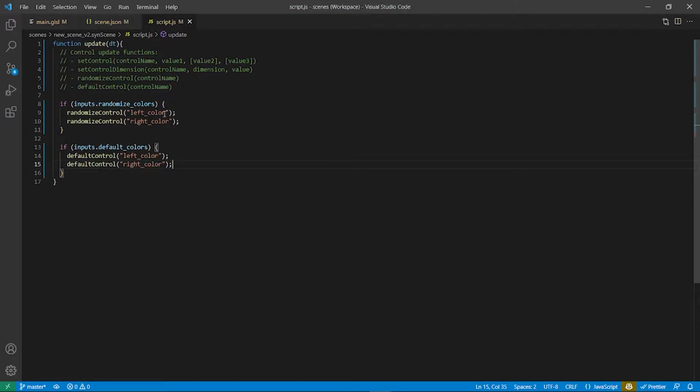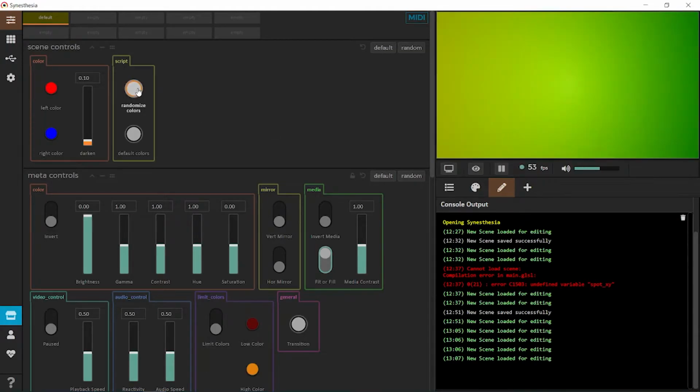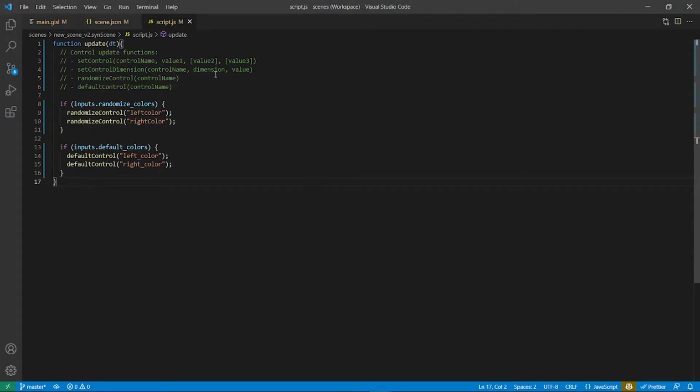One note here is that these strings that you put into the function that define the name of the control are fairly loose, so they're insensitive to case or spacing characters like the underscore, so I could do left color, right color. And that will still work here. So it's pretty flexible. Alright, so the next thing I'm going to show here is how you might use these top 2 functions